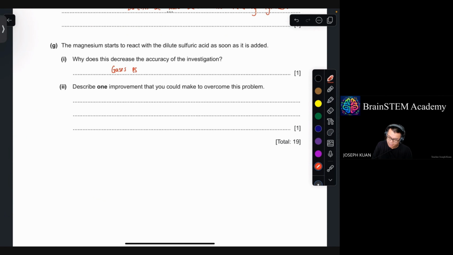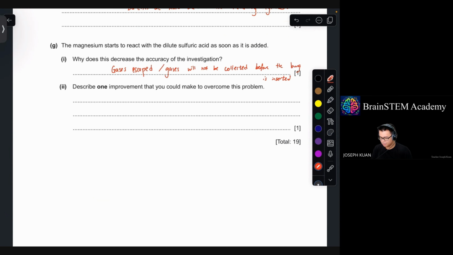or you may say that some of the gas will not be collected before the bung is inserted. Moving on to 2,